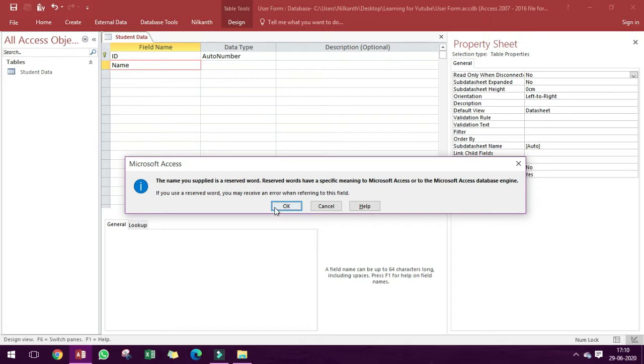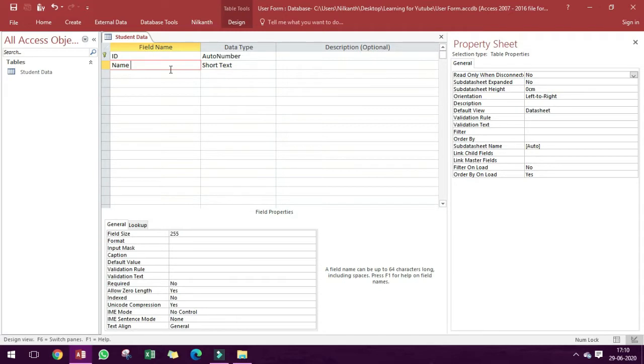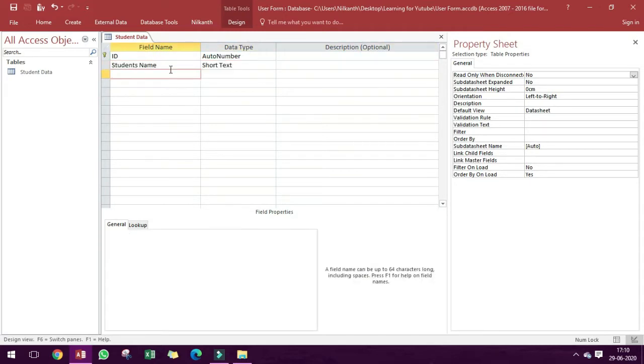This is a message where you can see that you cannot take this field name as a name. You should have to change it. Father's name.